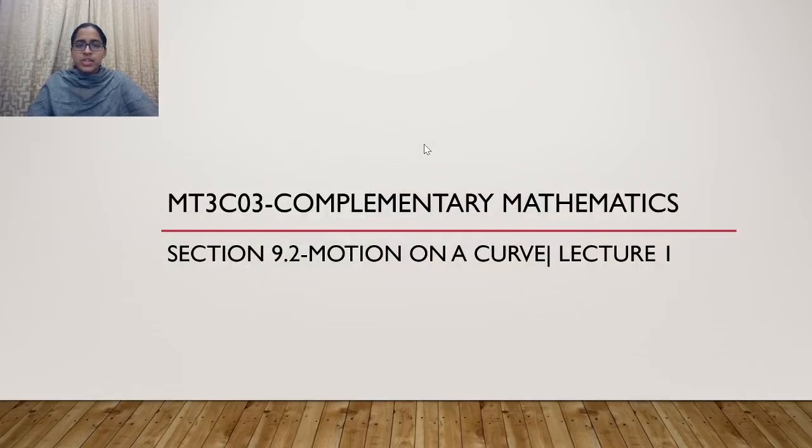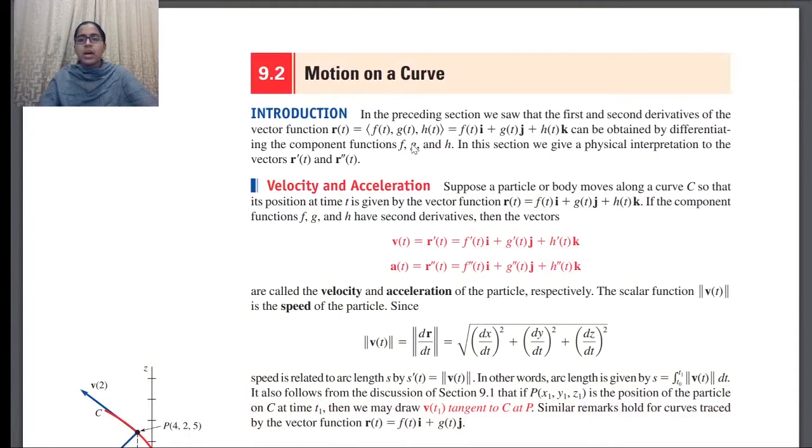In this section, we are going to discuss the motion of a particular vector function. We stated that corresponding to every vector function, we can have a curve associated with it, and we also did some problems on how to graph the curve of a given vector function. We also discussed determining the first derivative and the second order derivative of a given vector function.